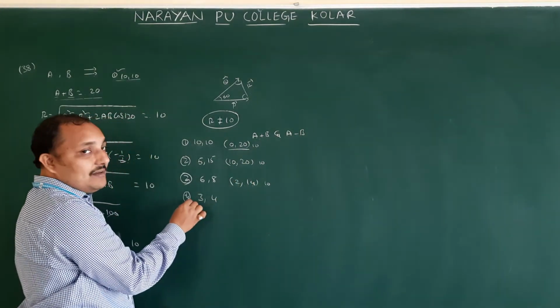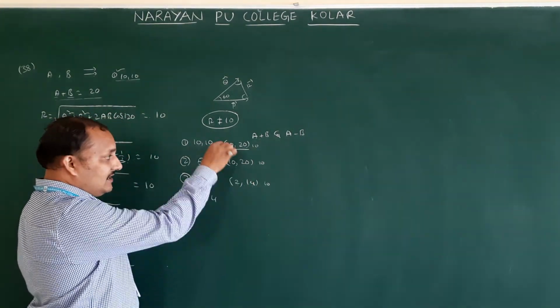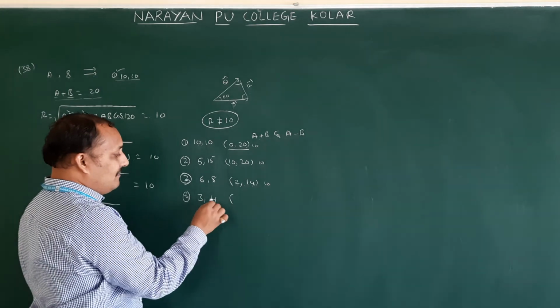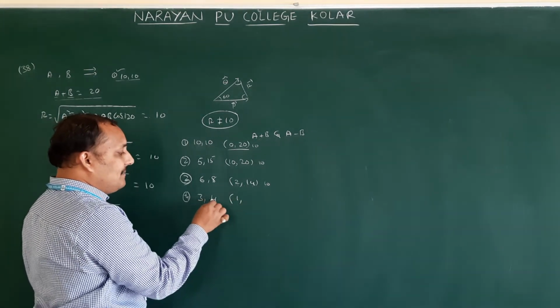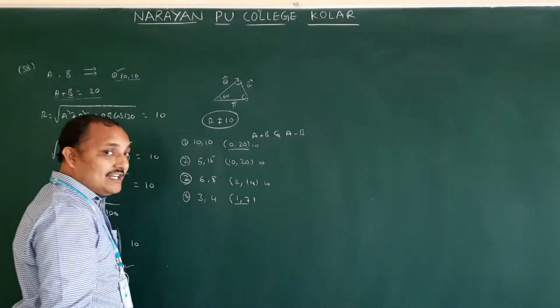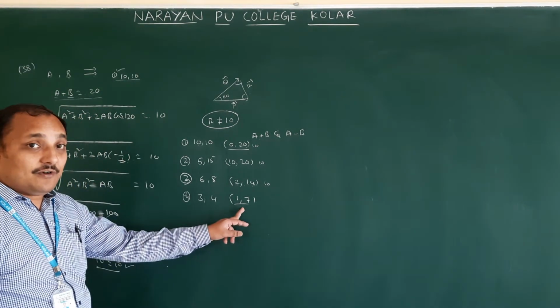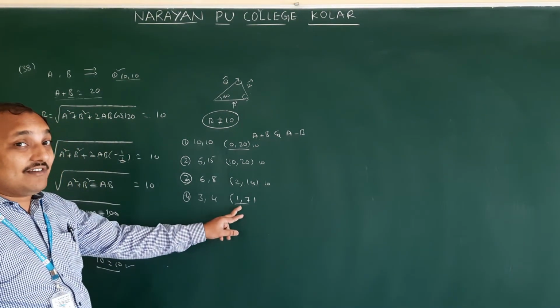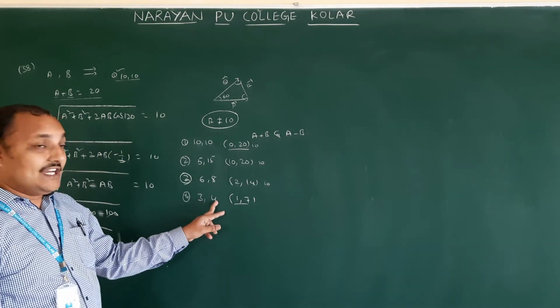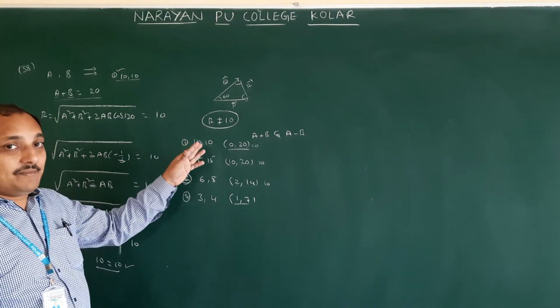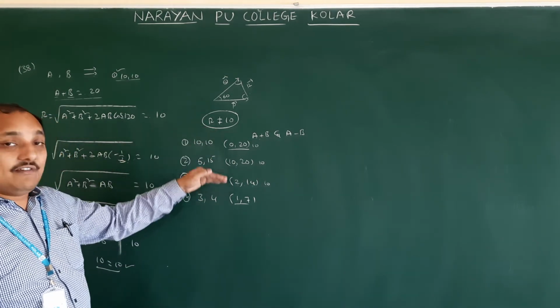Now see, the fourth option is correct. Why? Because these three are not correct. So 4 minus 3, 1. 3 plus 4, 7. Between 1 and 7, 10 won't come. Therefore, the resultant value will not be equal to 10 if you use 3 and 4. They won't give the same options, it depends on the question. This model is very important.